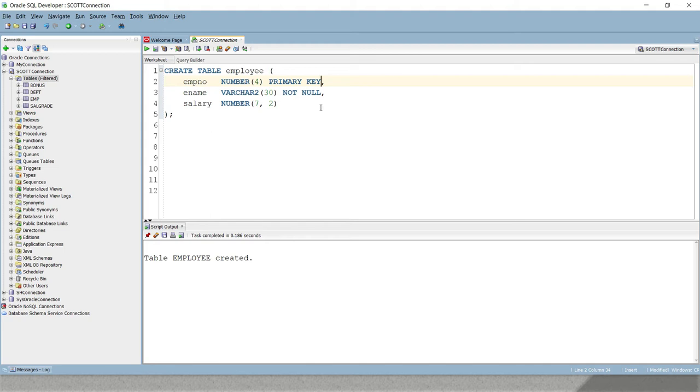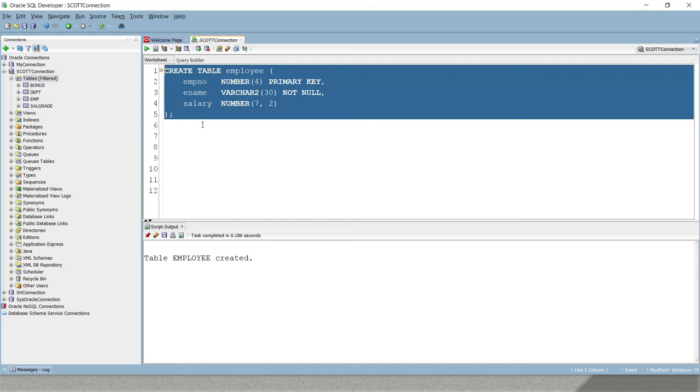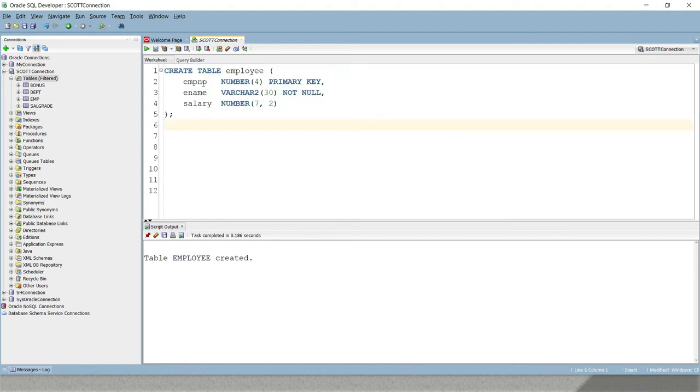Now this is the simple primary key that we have defined, right? And this primary key we have defined at the column level, because right after the column definition itself we are just providing the phrase primary key, and this will be declared as a primary key.